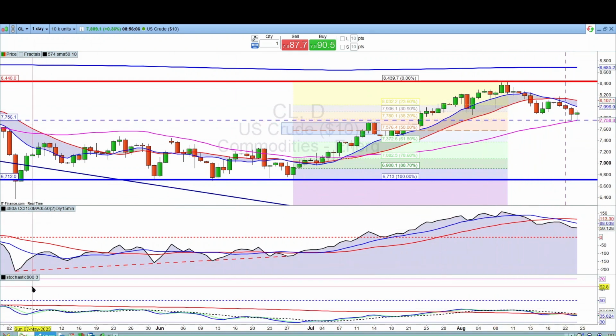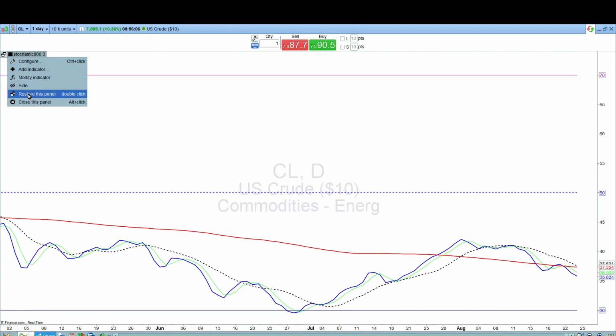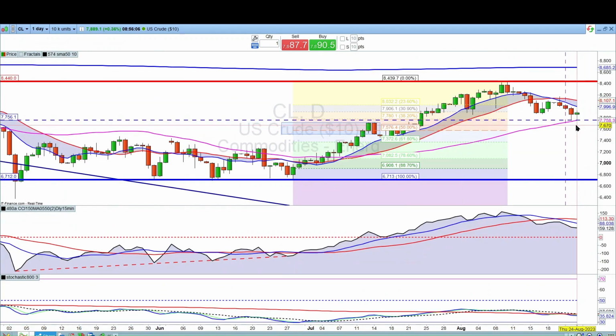Likewise, the Stochastic has fallen off. Let me just expand that Stochastic for you. You can see there it was approaching the midpoint, but it's fallen off and dropped below its moving average. So that's also weakening, so possibly we may see further declines from where we are at the moment. However, there's still chance of a bit of a retrace to the upside, and the reason I say that is